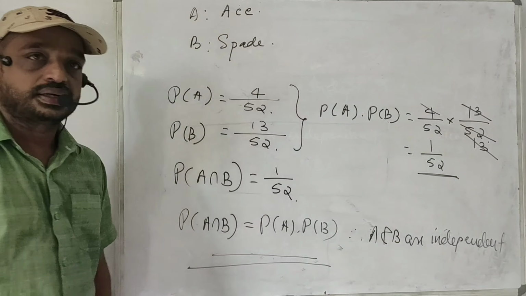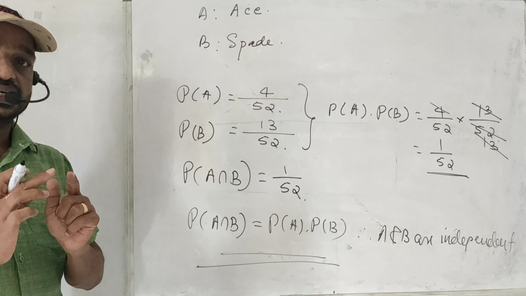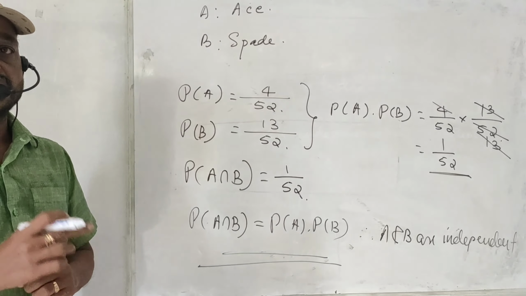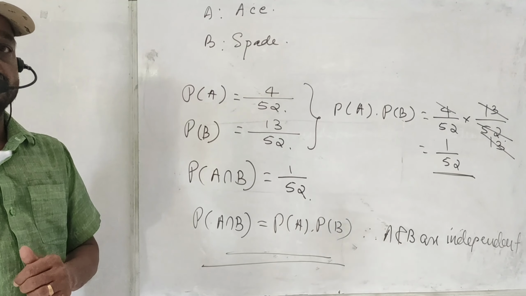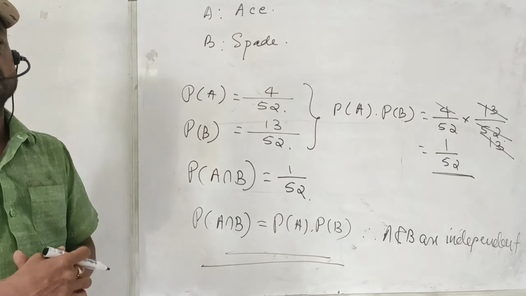So what do you mean by independent events? Two events are said to be independent if the occurrence or non-occurrence of one of the events does not affect the probability of occurrence of the other. So two events A and B are said to be independent if P of A intersection B